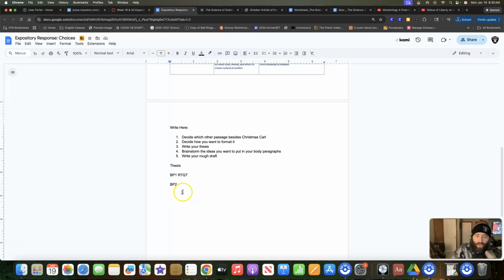All right? And then after that, step 6 should be the final draft. Do not be writing. Oh, sorry. Nope, sorry. We want to revise and edit. Make sure you have those types of sentences, those pronouns, those adjectives, so on and so forth. And then finally, write your final. So again, if this takes you into Thursday or Friday, after your test, that's perfectly fine. Just know this needs to be turned in Friday. It needs to be turned in by the 23rd, so I can grade this before you guys write your